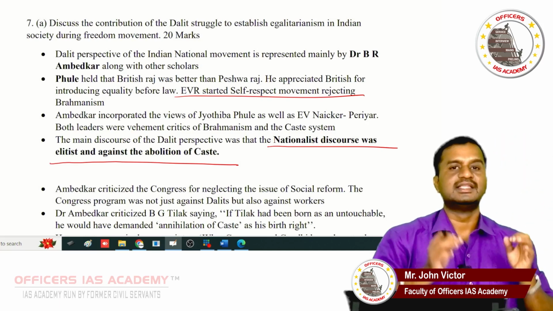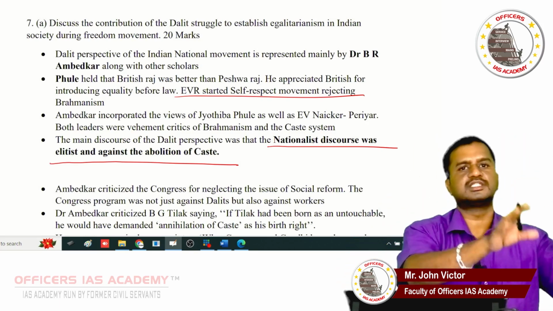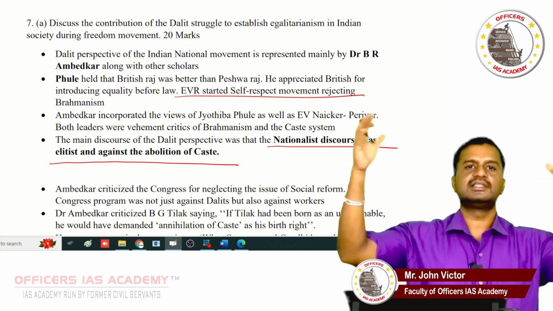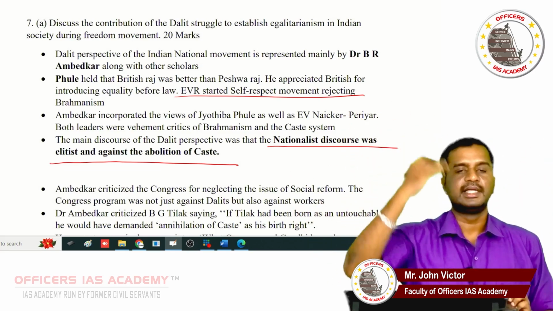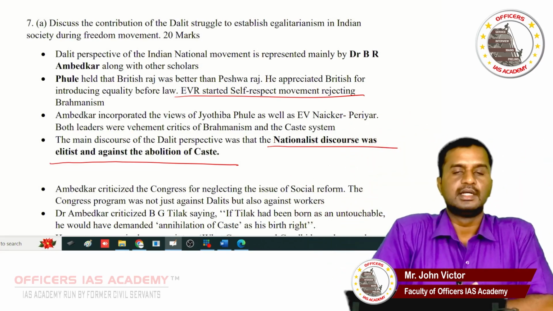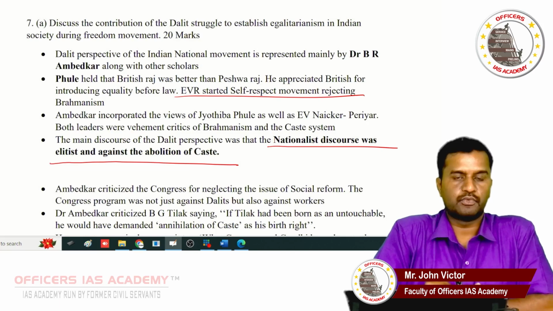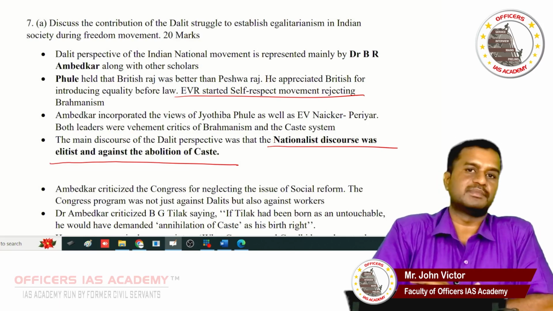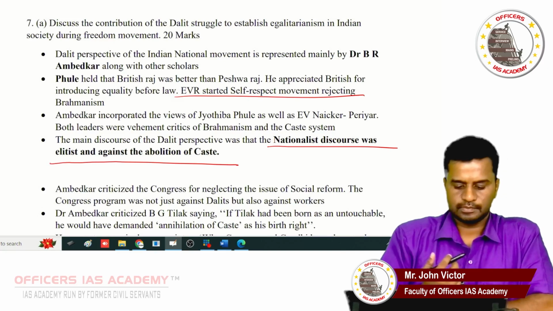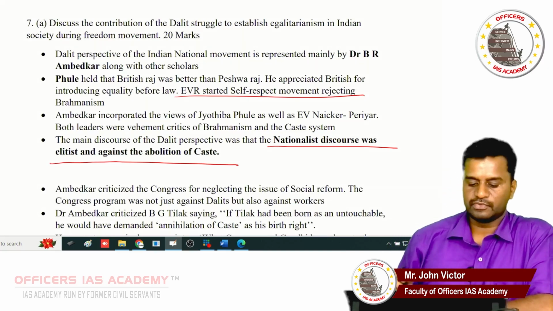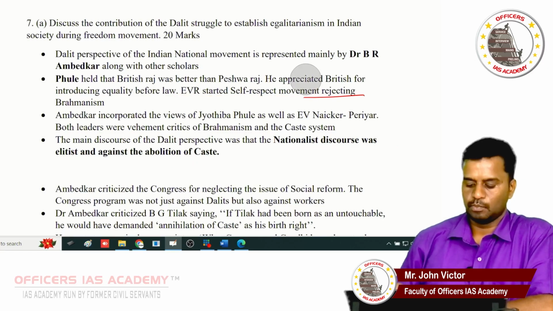This is the understanding. The Americans fought for independence in this manner only. They first agreed that all Americans are equal, and then they decided to fight for independence. In case of India's freedom struggle, the freedom struggle was mainly focusing on the liberation of India from British imperialism, but it was not focusing on the liberation of the backward classes of society from the discrimination. So this forms a background for the Dalit struggle of the Indian freedom movement.